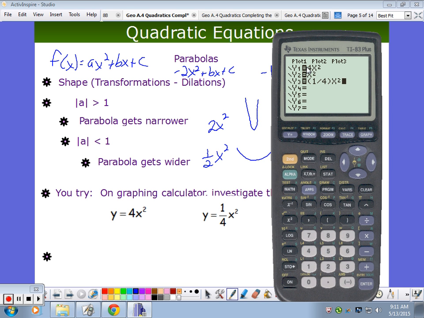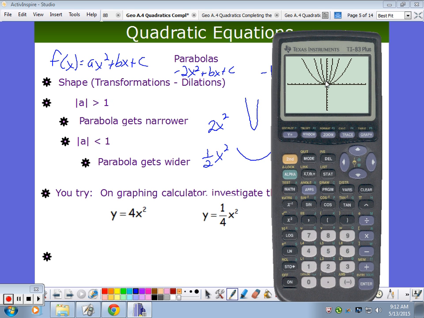So I'm going to see 4x squared, I'm going to see x squared. Last thing to graph will be this 1/4 x squared. It is kind of a flatter one. It's a compression. It's like you're pushing down on it. So the relationship of A has a couple of things, right? So if A is positive, concave up, and if its magnitude is bigger than 1, you get a skinnier curve